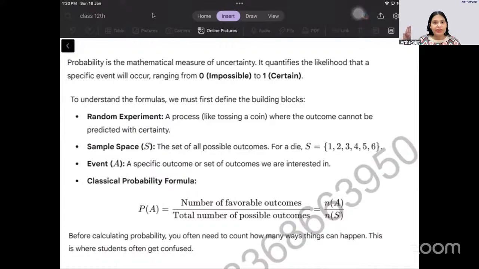Whatever stats we did yesterday, I have posted an assignment based on that on your portal. The assignment contains 199 questions with answers. So go ahead and attempt that assignment. It has questions based on whatever topic we covered yesterday, whether it is correlation, simple regression model, mean, median, mode, whatever. Based on all of that, there is an assignment on your portal just below the lecture. Go ahead and do that assignment.